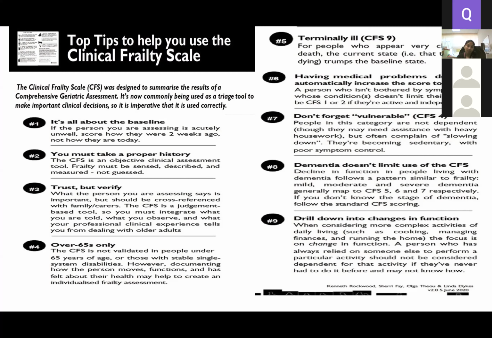Number two is history is very important. So we need to really get a proper history, whether it's from the patient or the caregiver or a family member. Number three, we have to trust what maybe another colleague or doctor is saying to us, maybe regarding his CFS score. But if possible, the decision maker should also verify the score,